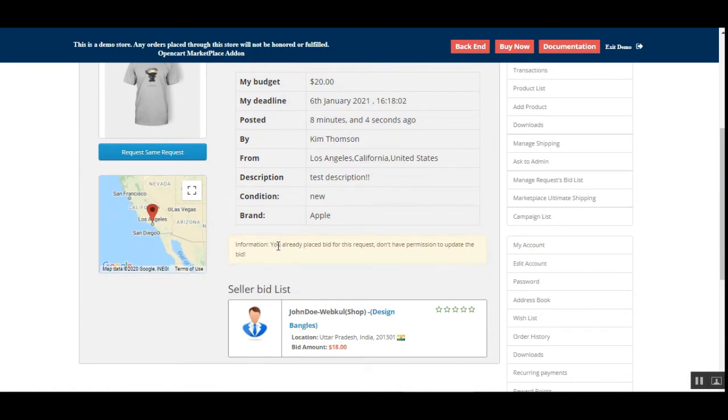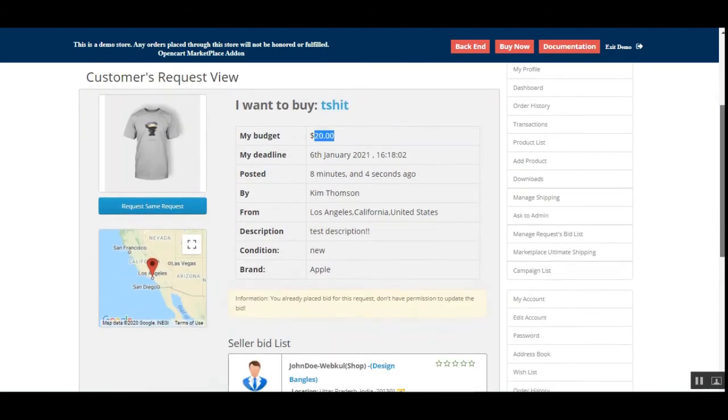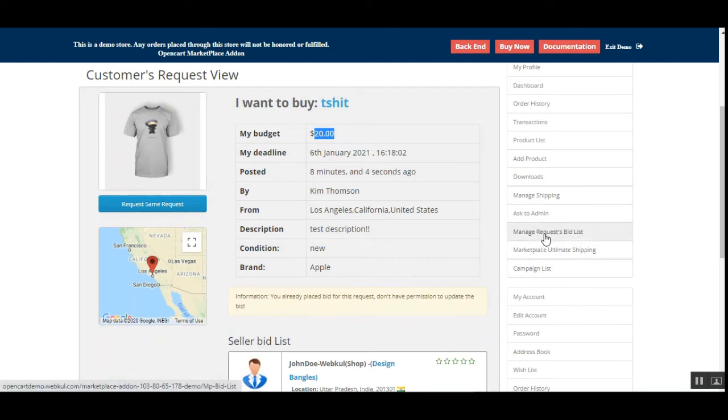And also, once you have placed the bid for a request, you won't be able to update the bid thereafter. And here you can see the vendor name, the shop name, location, and the bid amount is $18. Customer was asking for the budget up till $20. Now if I go back to the manage request bid,